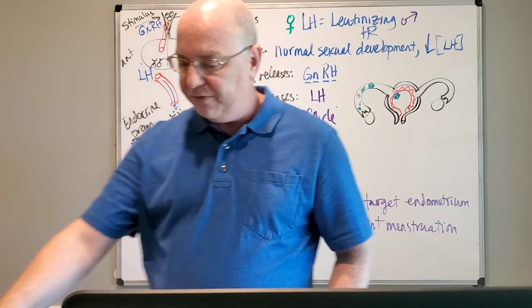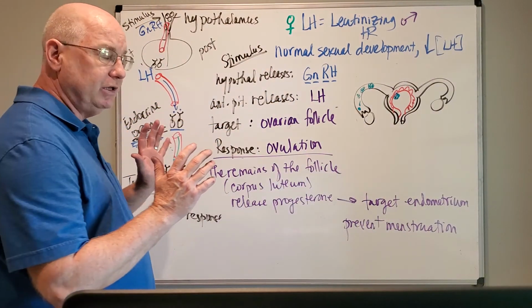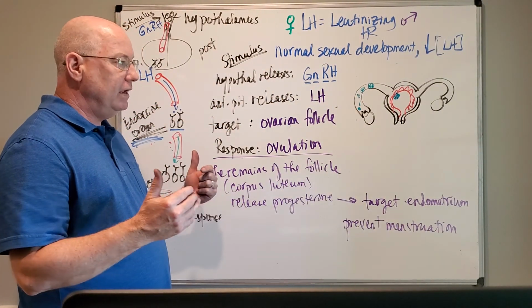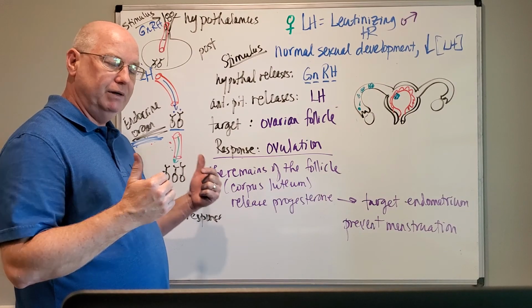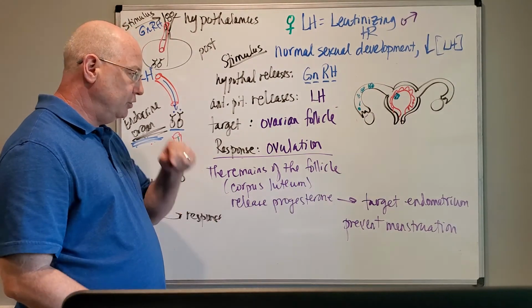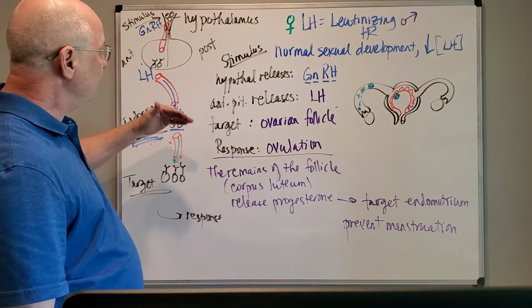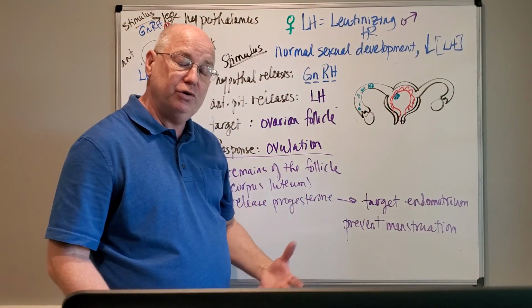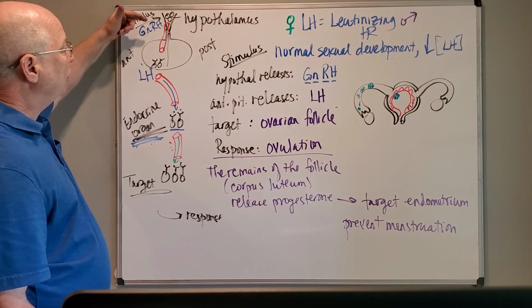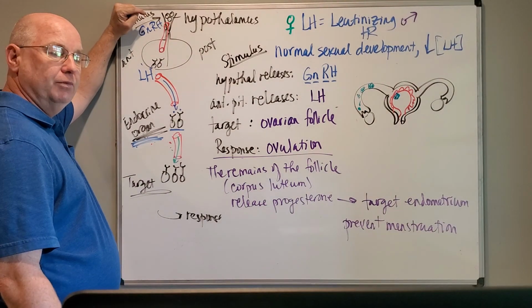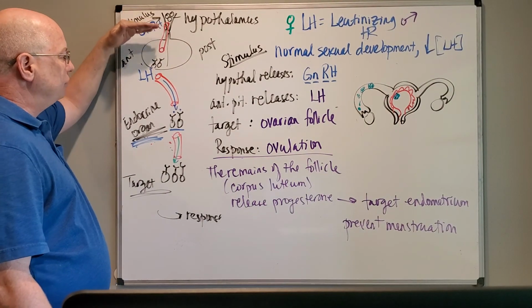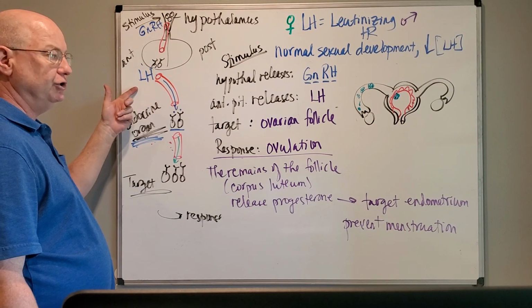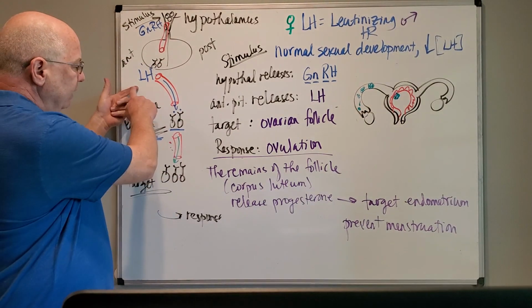So now we have FSH and LH. They are very closely related, and they are both abundant in males and females. So in females, low LH concentrations and actually low progesterone concentrations will target the release of gonadotropic releasing hormone at the hypothalamus. That targets the anterior pituitary and causes the secretion of LH. LH will target the ovarian